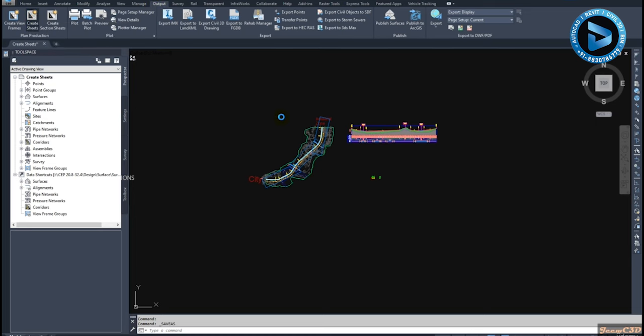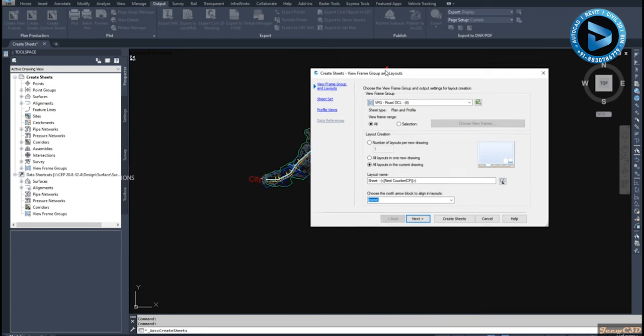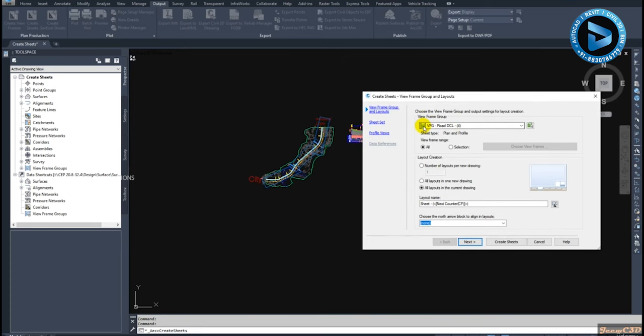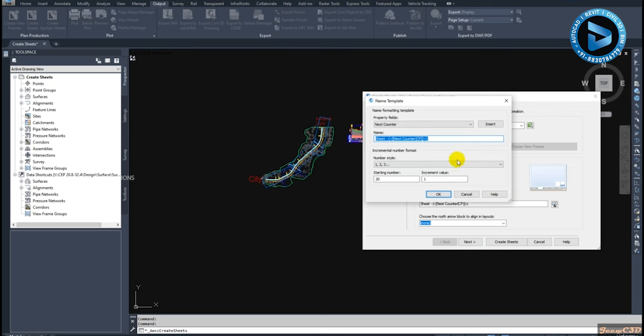Sheets. Click here. Then it will give us the view frame group we have created. So you can either select all view frames or select a selection of view frames, and our sheets will be created in the current drawing. You can try other options as well if you like, but I prefer to go with the all layouts in the current drawing. So for my layout name, I just change this as